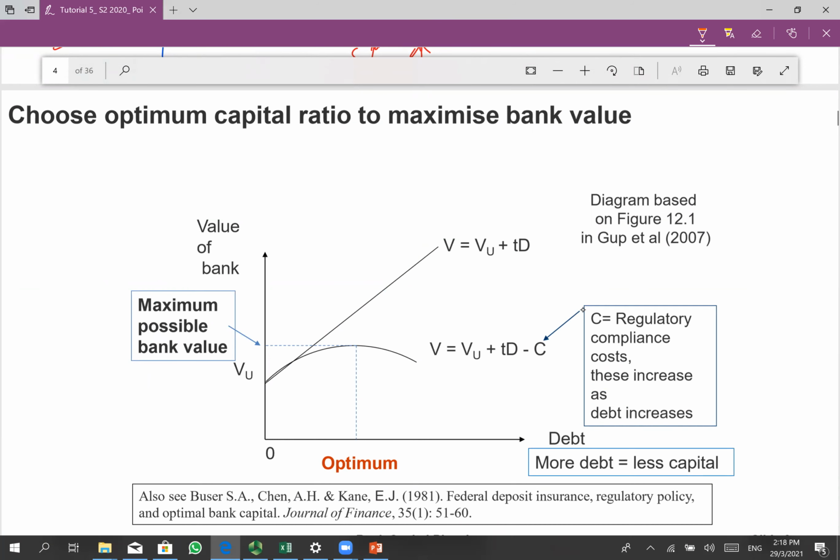The big question: how much capital should I have, or what is my target capital? What is the optimal percentage